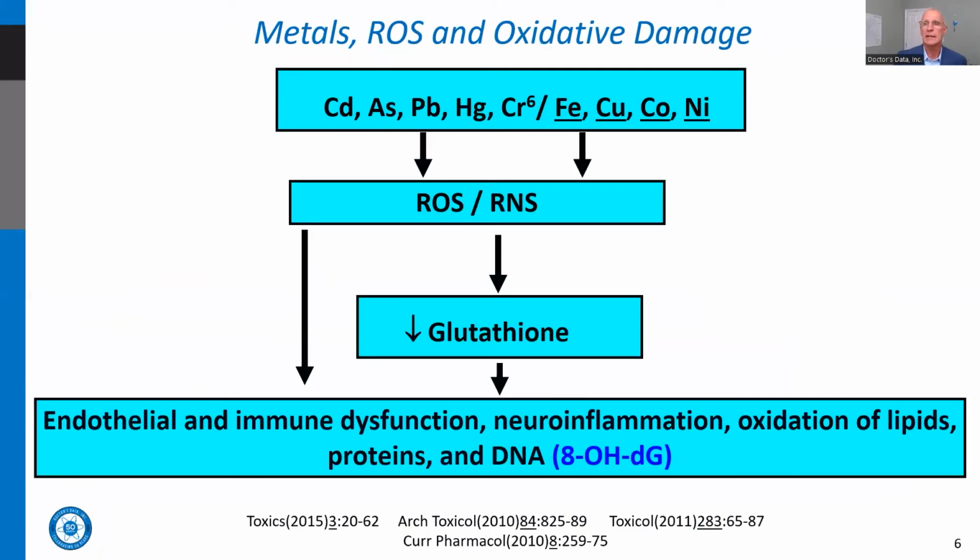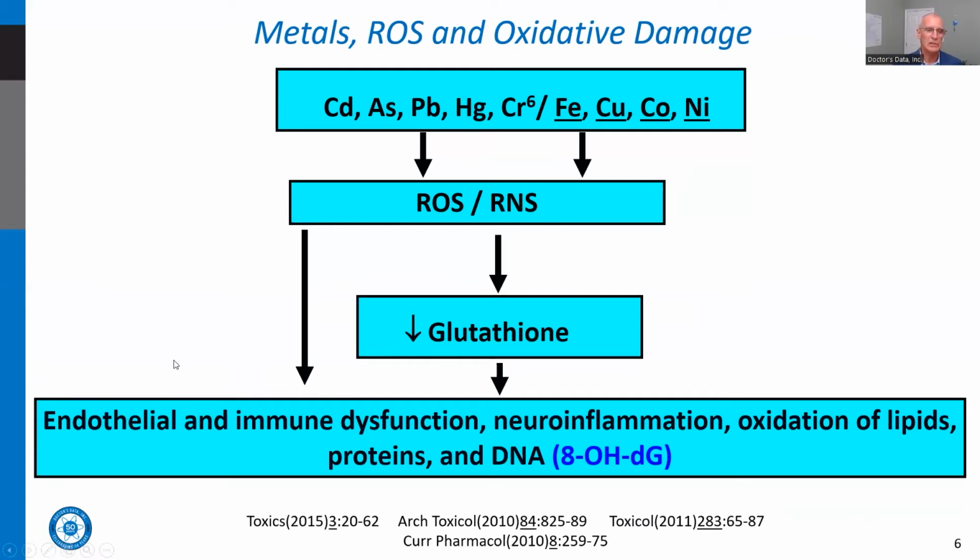Well, we know that the classic heavy metals, as they're often referred to, cadmium, lead, mercury, hexavalent chromium, but also the transition metals, iron, copper, cobalt, and nickel all promote the production of reactive nitrogen and reactive oxygen species, both radical and non-radical. Those reactive oxygen and reactive nitrogen species can indirectly affect tissues and health by depleting glutathione. Also, there can be a direct effect